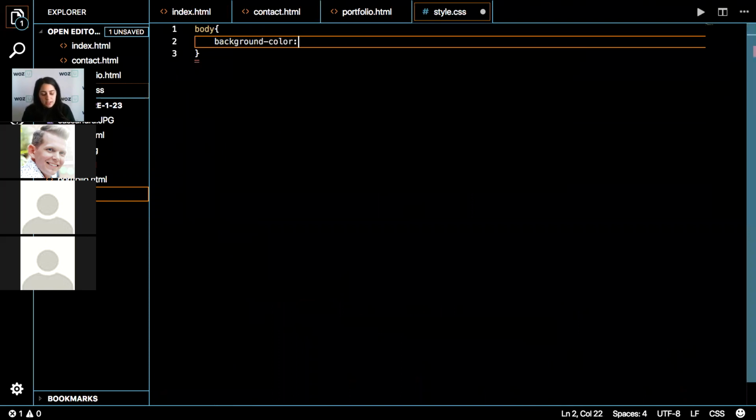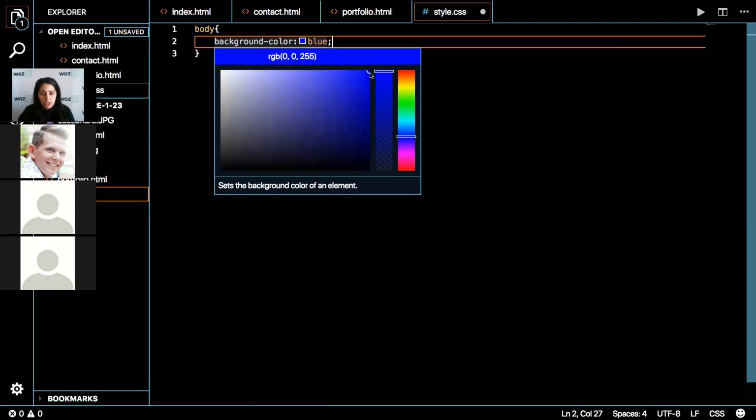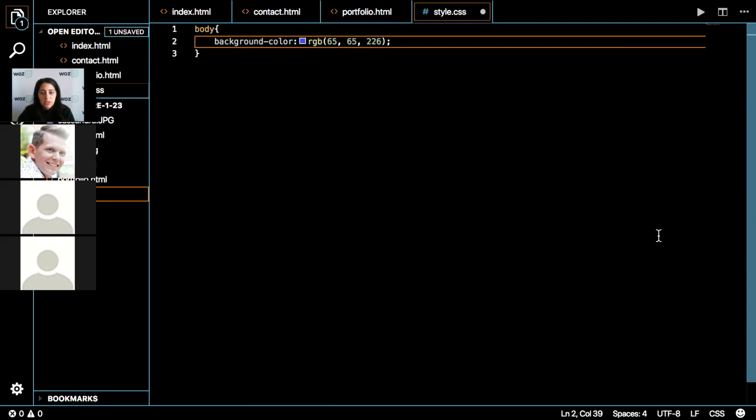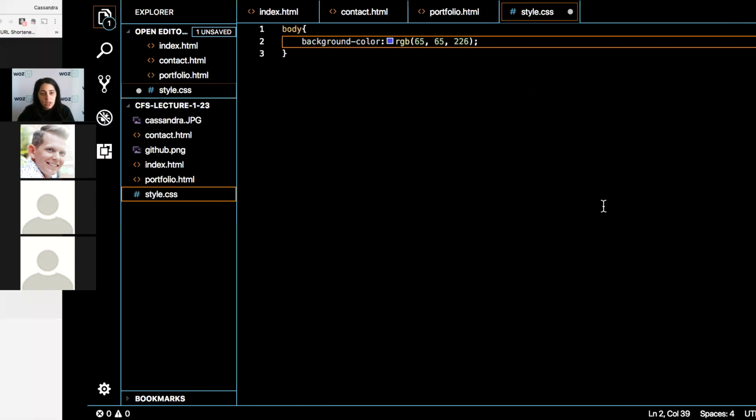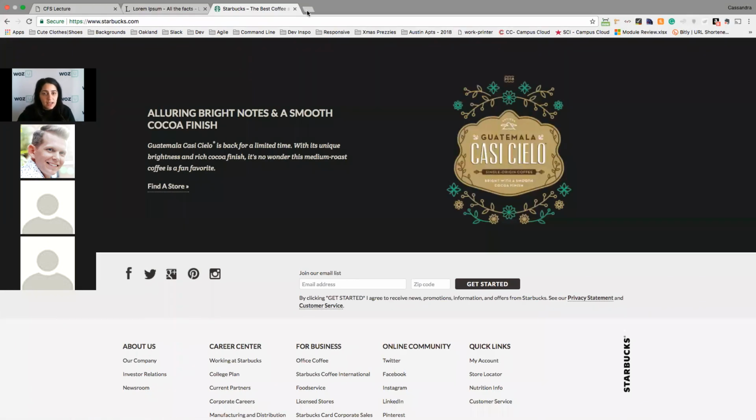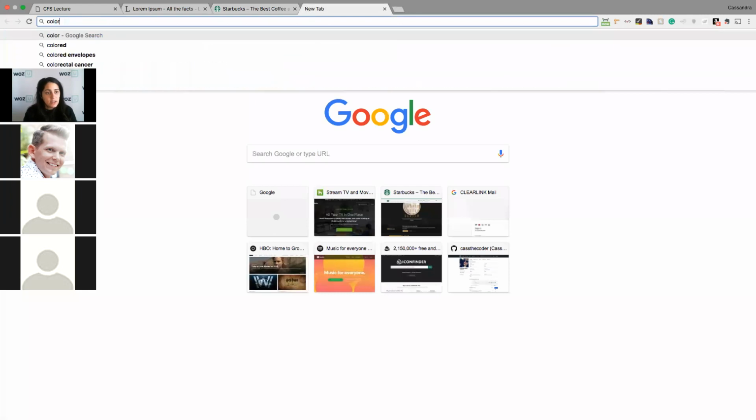There are some default colors, like blue, you can choose, and it's just bright blue, but you can adjust it. Let's say I want a specific shade, then it will do the RGB. You can also do a hexadecimal color. One site I like to use is color.adobe.